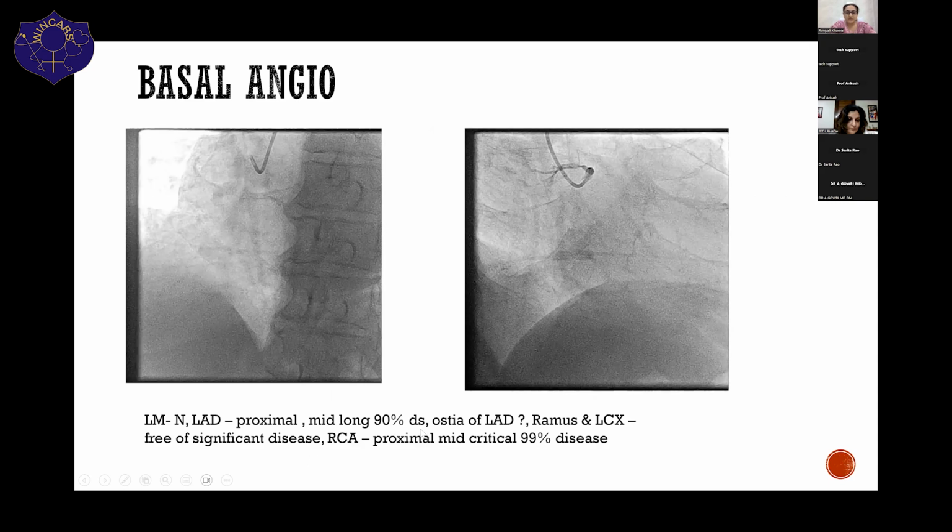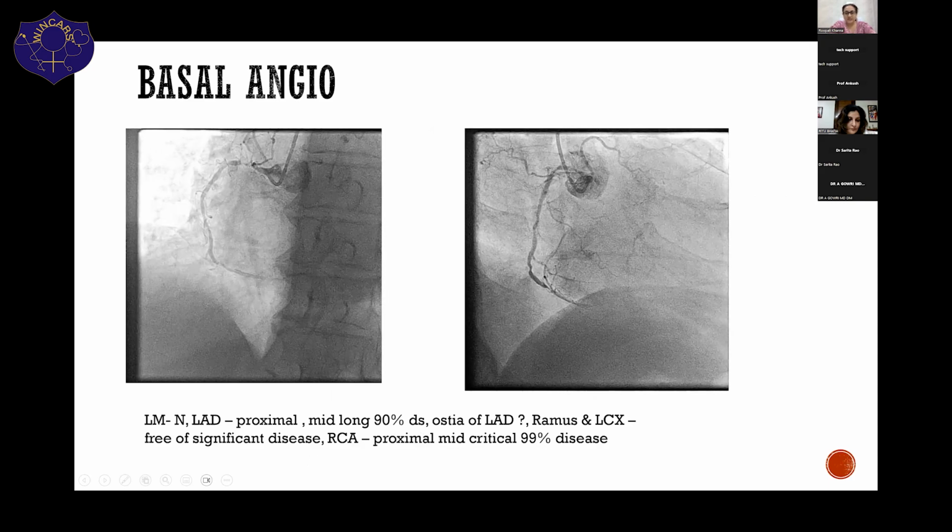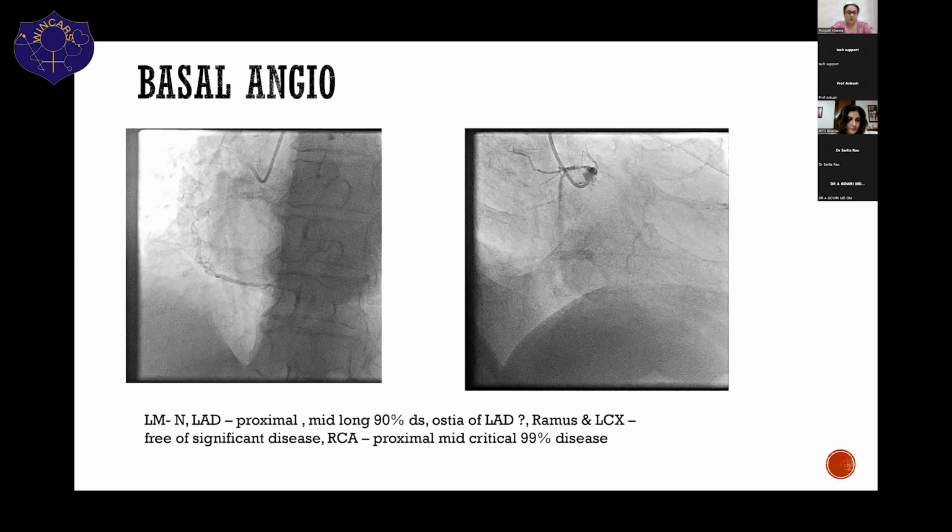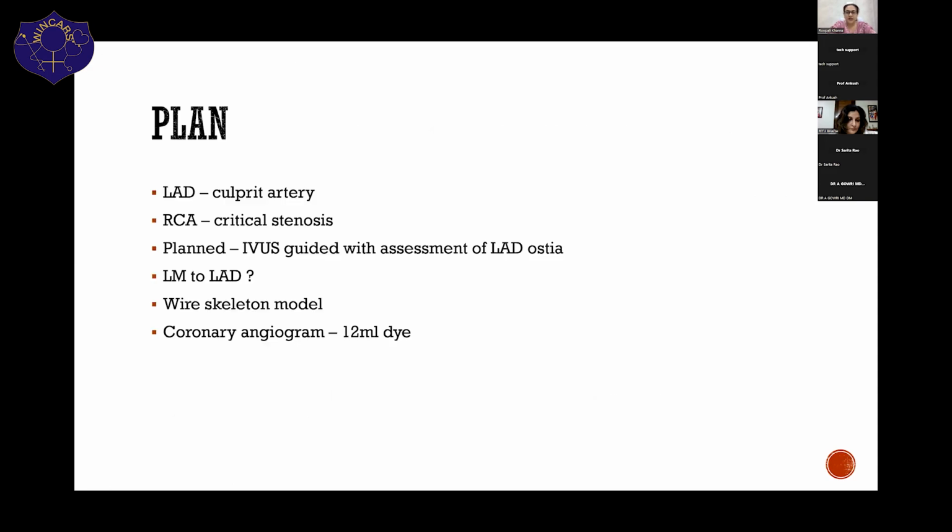Now, the challenge: since he presented with a recent anterior wall MI, we wanted to fix his LAD because he was having recurrent rest angina. So we planned to go for IVUS-guided assessment of the LAD ostia. If we want to treat the ostial disease, we have to do ostial stenting. Should we go from a left main to LAD stent? In this case, I didn't want to, because the RCA was already diseased. And if by chance any plaque shift or carina shift causes my ramus or LCx to get pinched, the patient will